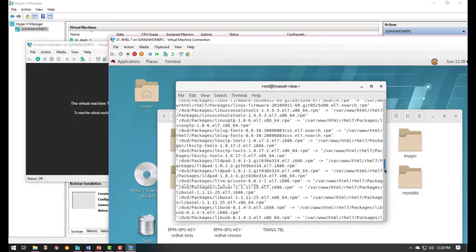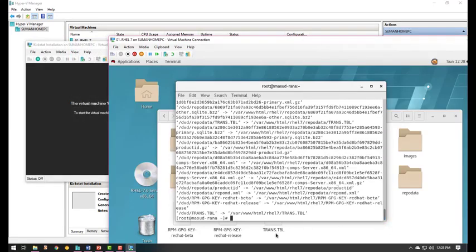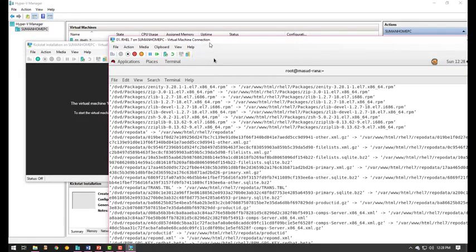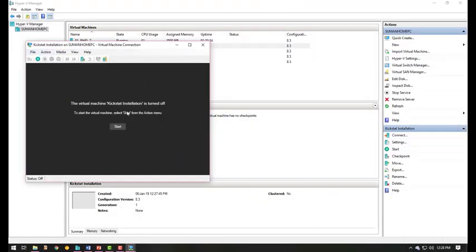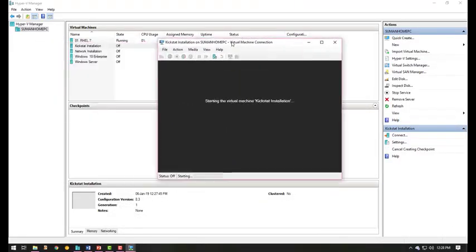Here I am seeing that the DVD has been copied. All the things are copied in the DVD. Let me open this thing and start the machine.